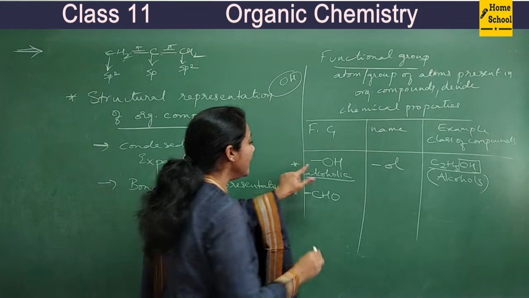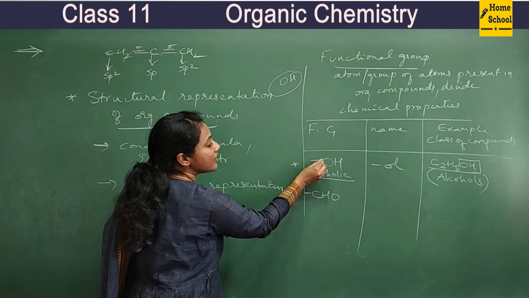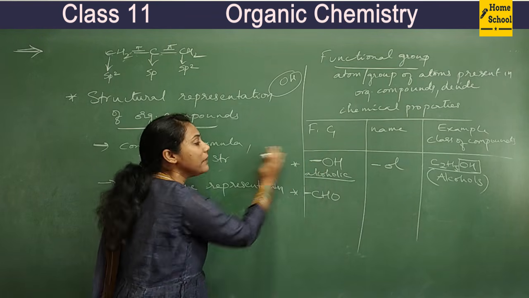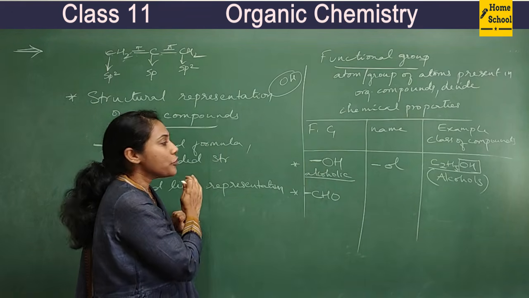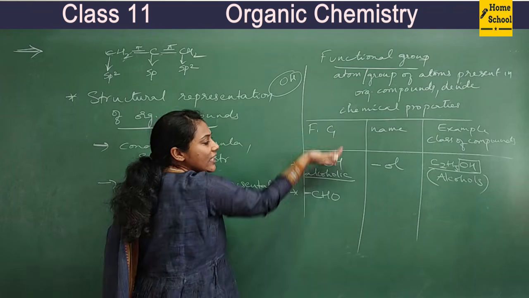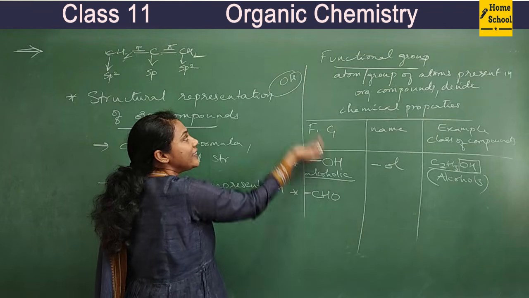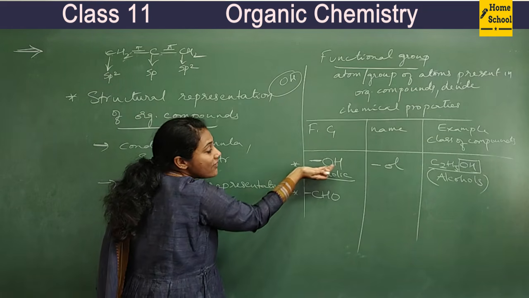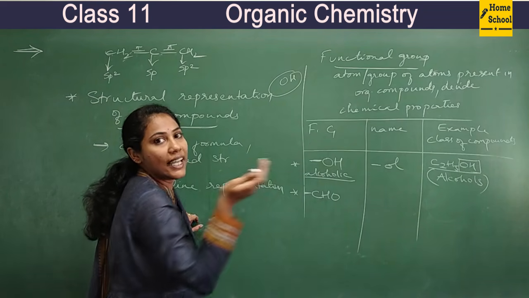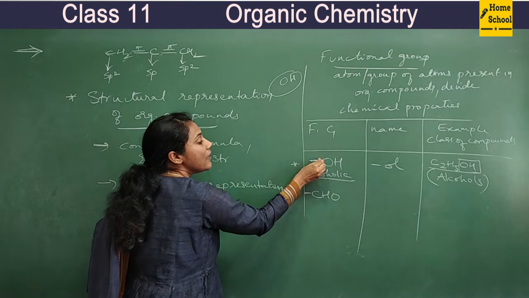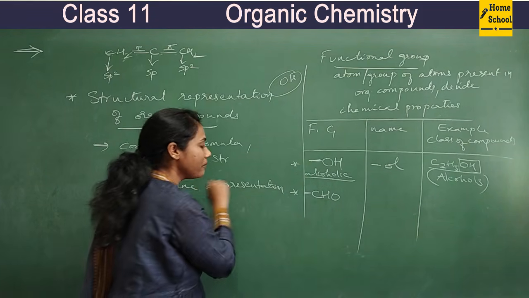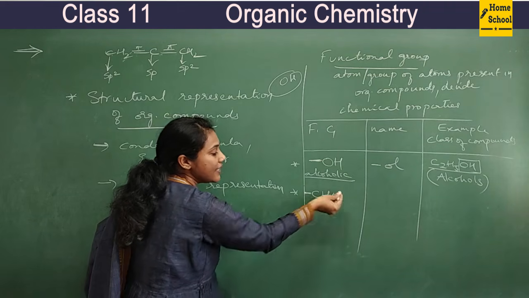So that's why we mention this dash. This means a bond. That means OH has a bond with some carbon atoms. We are not particularly learning with an example; generally, we are learning about the OH group. It cannot be present single. It is always present in connection with carbon atoms, always in organic compounds. So we always mention this bond when we write it single. Okay, fine. So this is the CHO group.